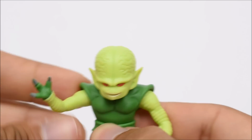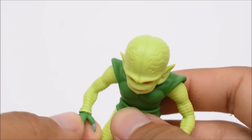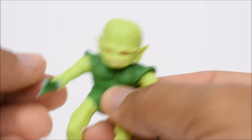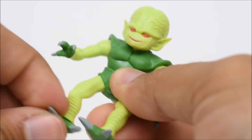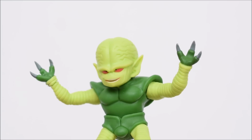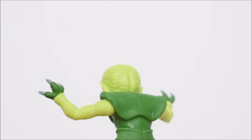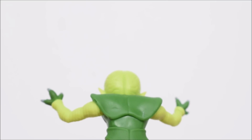And then the arms go up and down, so you can move them forward and back. And then they put wrist swivels on his wrist. So they did something. The ankles don't do nothing. The legs don't do nothing at all. They're stationary. So that's it. But they did include a little bit of articulation with this figure. And it just makes you think that they could have just finished it off and given us a fully articulated